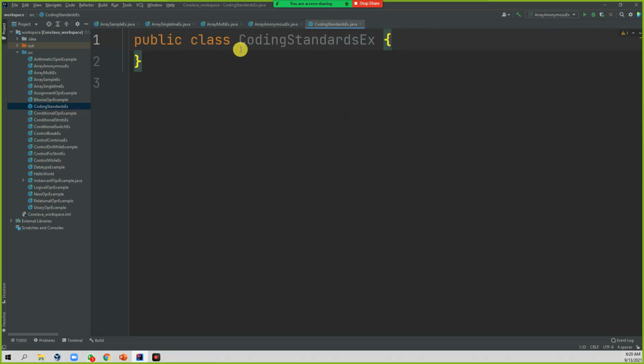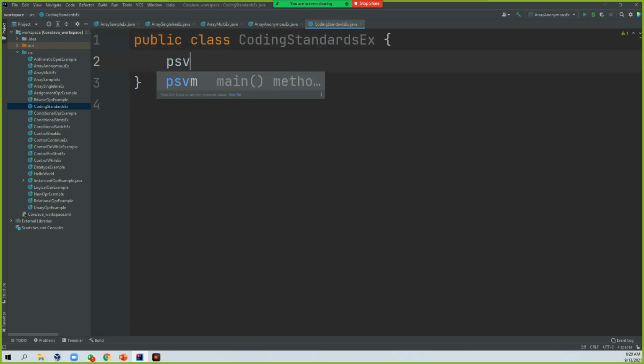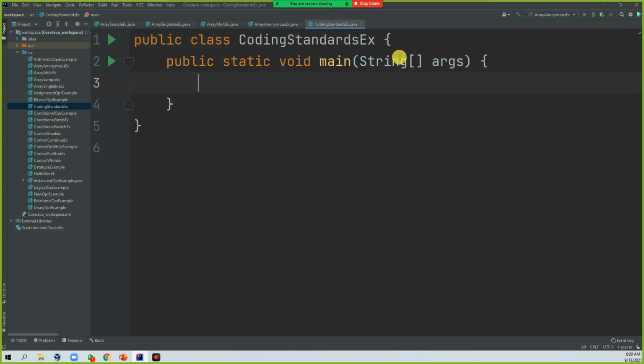See here the name, the way I'm conveying it: the first letter is caps, followed by the next word, which also starts with a caps letter, and all the rest are smaller. The next thing is public static void main. If you see the method name main, it is small. The remaining are all small. Whenever you add another word, it will start with caps.